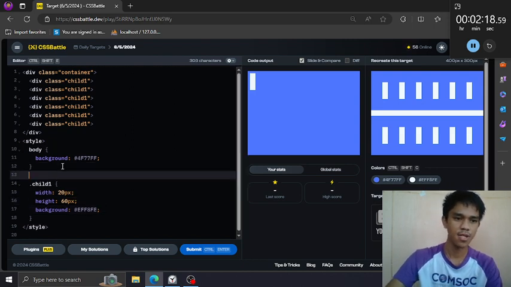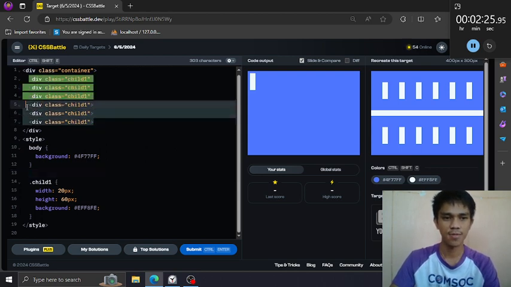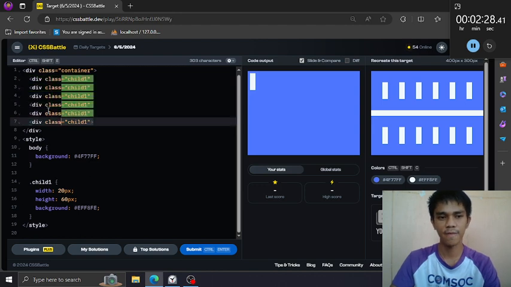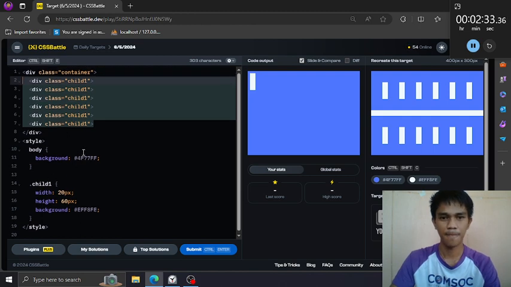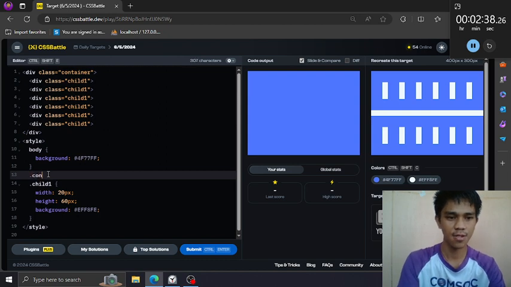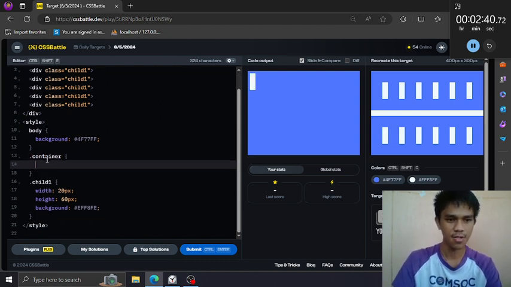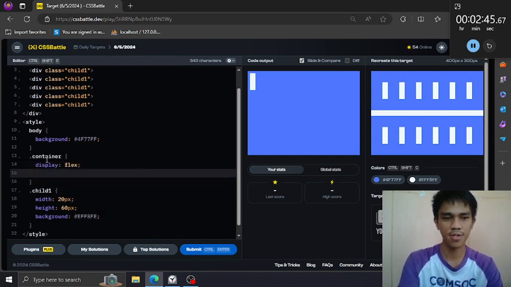So now, instead of styling or putting values on each one of these children, we can just style the container. So just like this, container. I'm not sure if this is gonna work, but I hope this will. Okay, let's select.